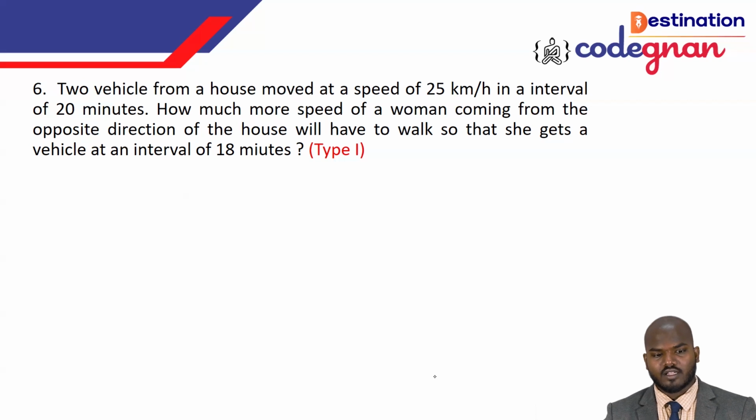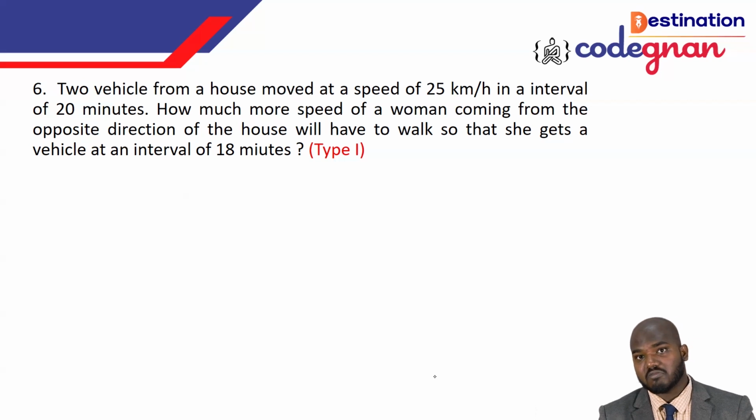Okay, there are two vehicles from a house. Imagine the scenario, and you can predict it. What is the thing they are actually asking? If they are asking directly, you can approach it directly. But if they are asking in an indirect way, then it is not easy to approach it, right? Okay, we have to be careful. So there are two vehicles from a house. It is moving at a speed of 25 kilometer per hour in an interval of 20 minutes. In an interval of 20 minutes means